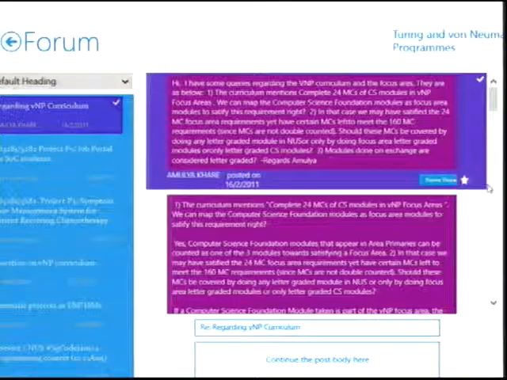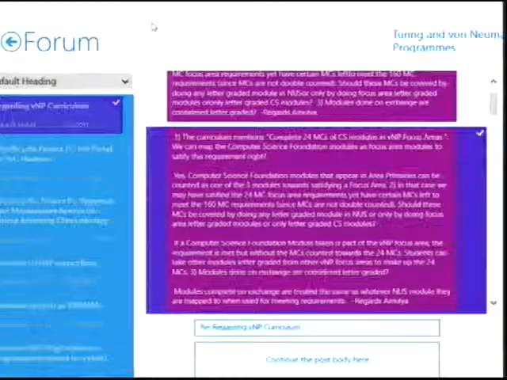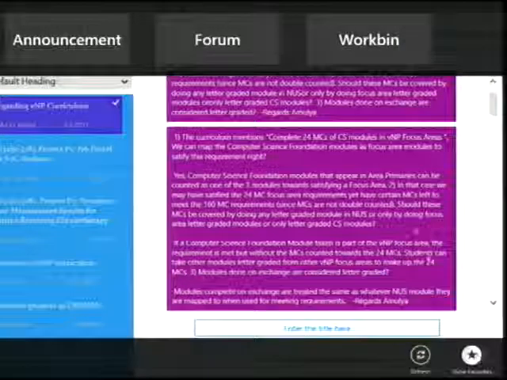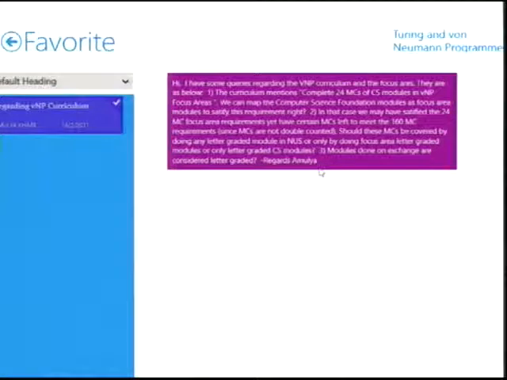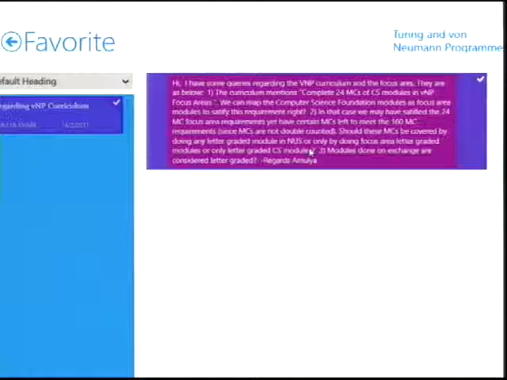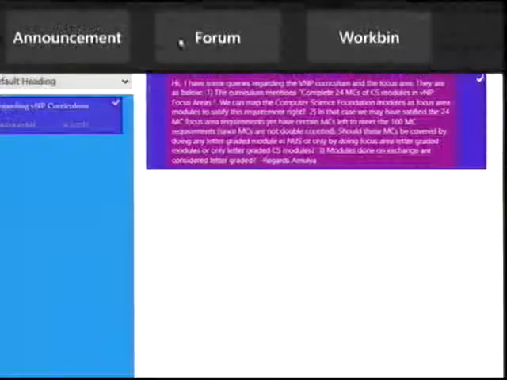And at the same time, you can still mark the thread as favorite, just like what you have done to announcement 4. Just click on this star, and this post will appear in the list of favorite forum posts. And it is distraction-free. You have only the single favorite thread available here. Unlike just now,